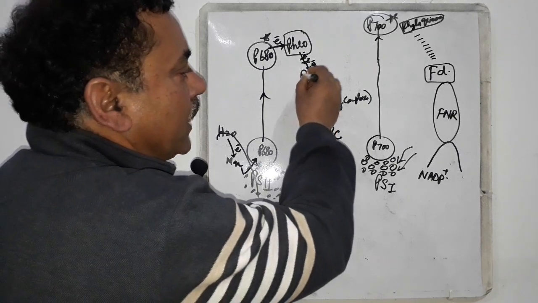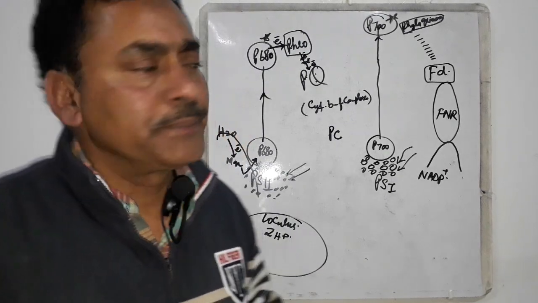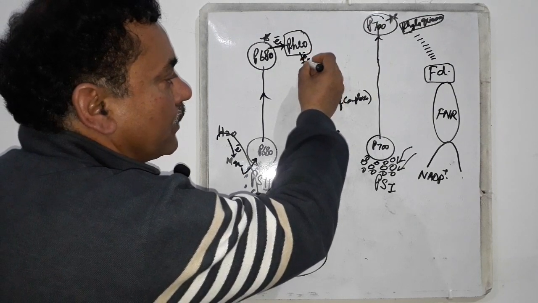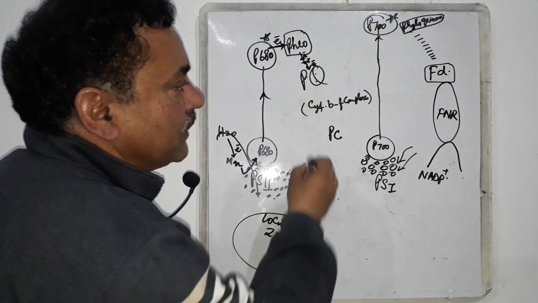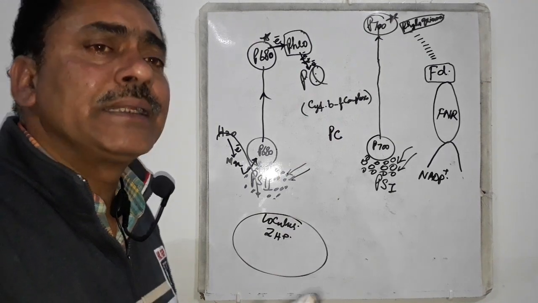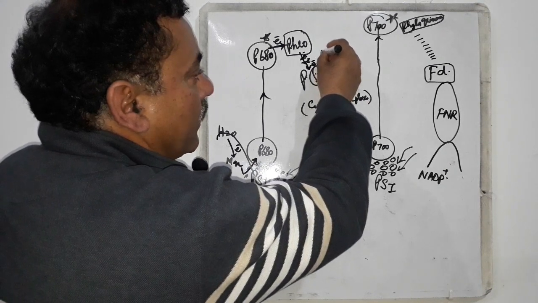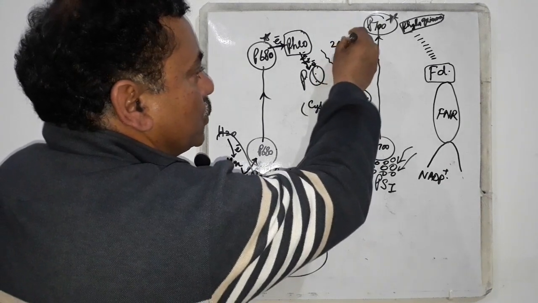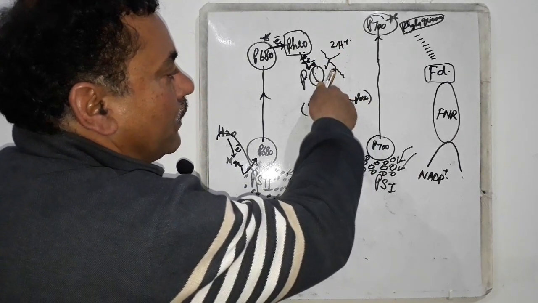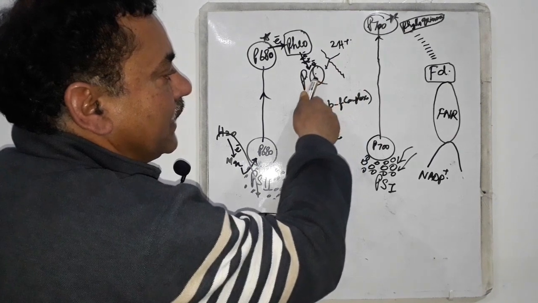But plastoquinone, in order to be completely reduced, requires 2 electrons and 2 protons. And 2 electrons will be given to it from these quinones one by one. That is, in the first event, 1 electron will be given to it, and in the second event, another electron will be given to it. And this will receive 2 protons from the stroma side. Suppose here we have stroma, this is the thylakoid membrane, and 2 protons will come from the stroma part,